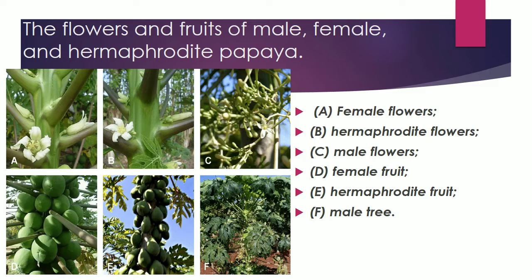But with respect to your textbook, it is given as an example for dioecious, mulberry as well as papaya. So keep in your mind papaya as a dioecious plant only. We are mentioning it because the majority of them are dioecious. I hope you understood. These are just some examples given. Okay, we will move to the next one.